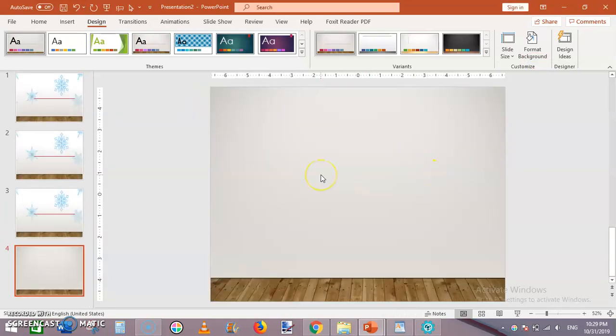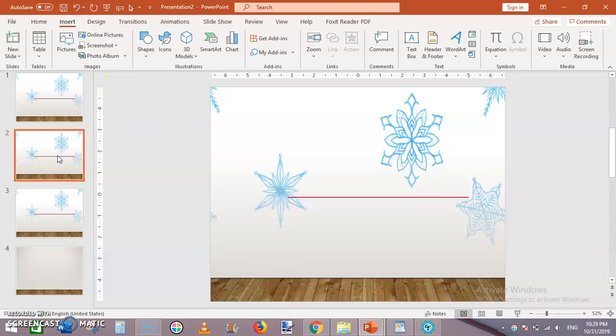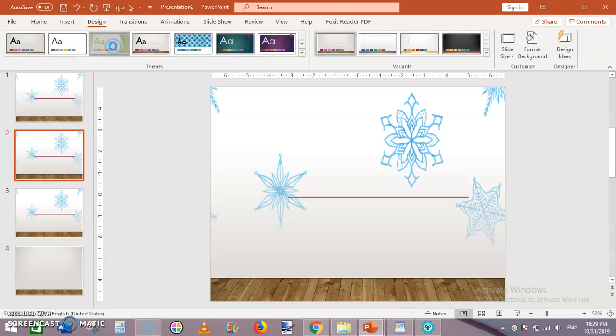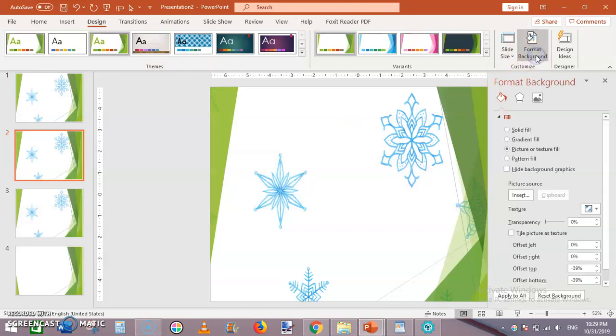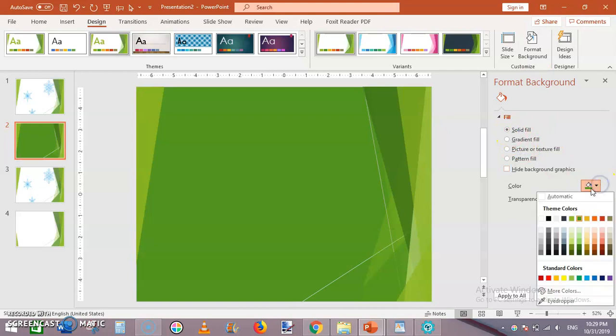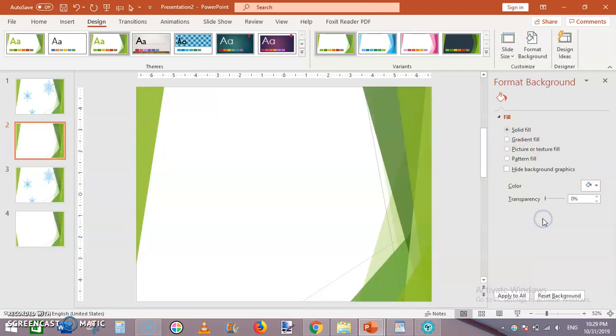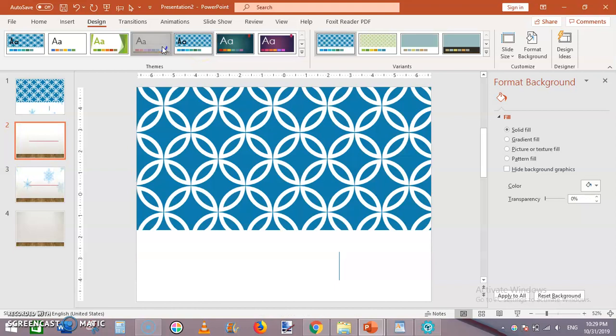Now the next thing is to add some text or some other elements here on your slide. Let's change the background. It is not looking very cool. Change the background picture to solid fill and change the color to white, and here change the